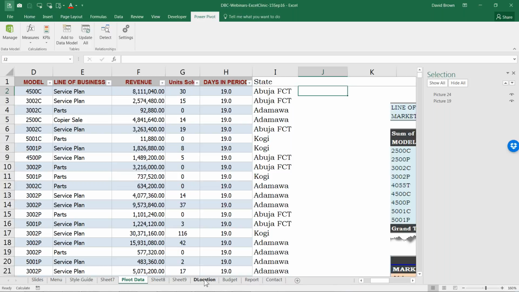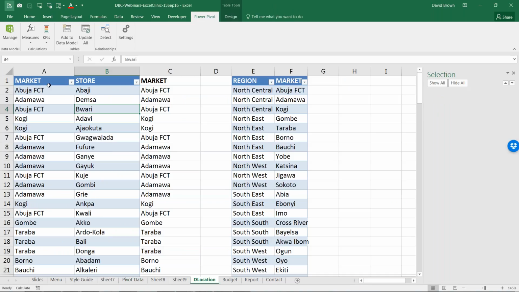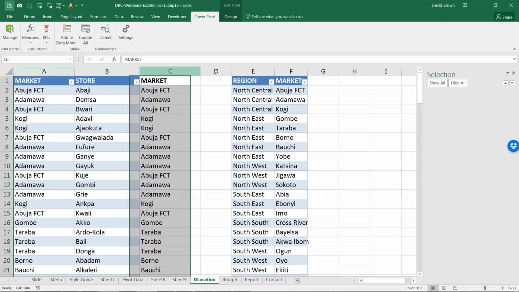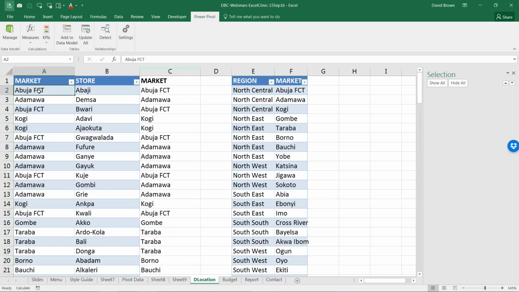Yes, so let me quickly introduce that to everyone. If you look at the location data, you remember the problem we had with VLOOKUP was that our store data was to the right and market data was to the left. So we needed to carry this and bring it down here, which is really not good. So INDEX works like this.